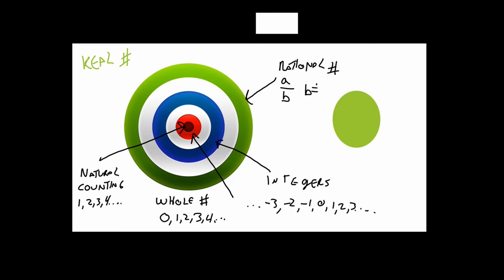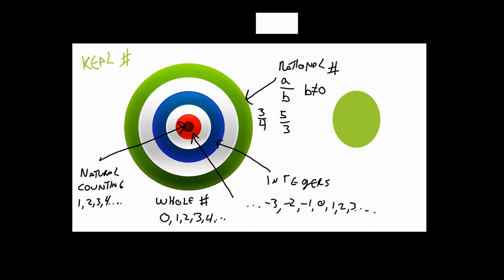B is never equal to 0 because you cannot have 0 in the denominator of a fraction. But this is going to be numbers such as 3/4, 5/3,